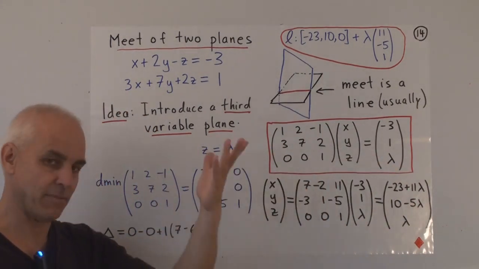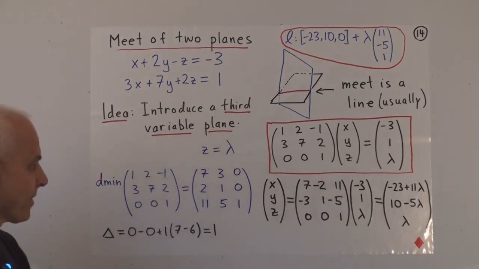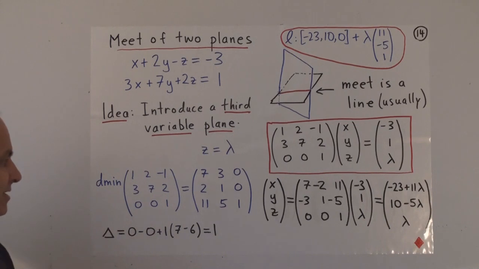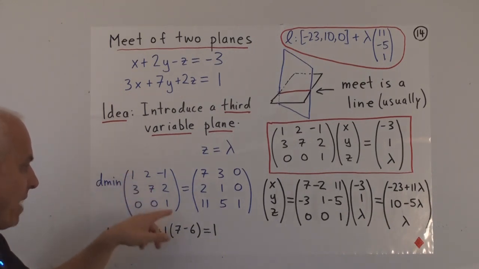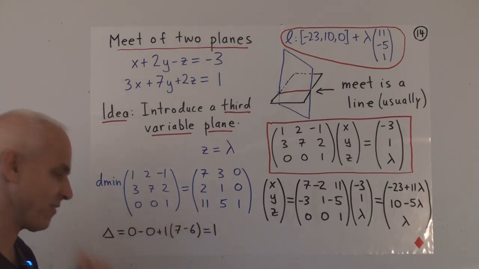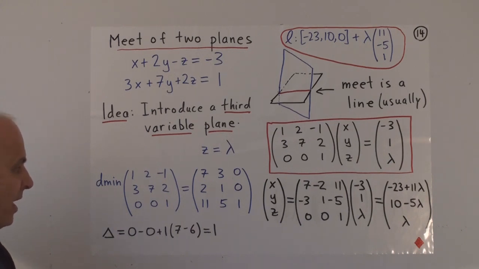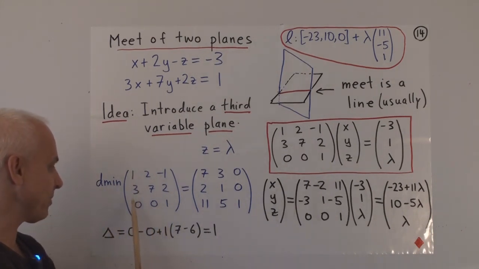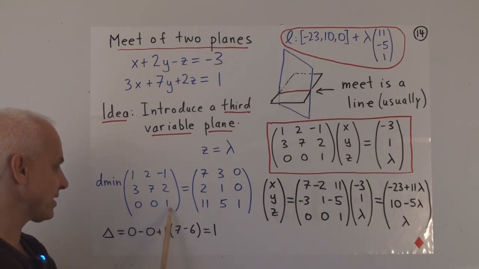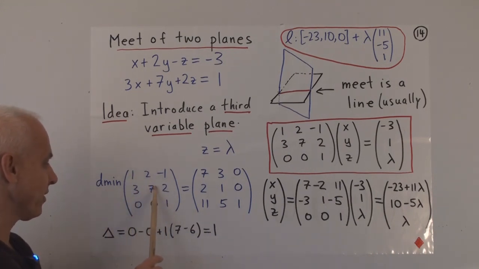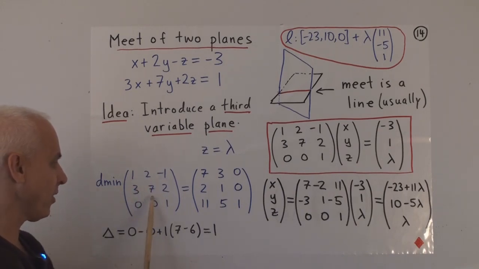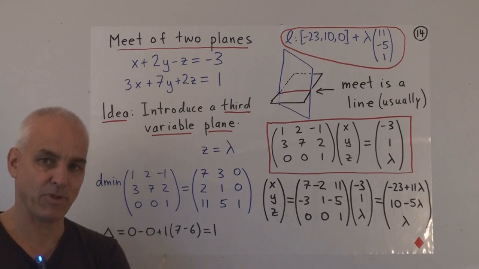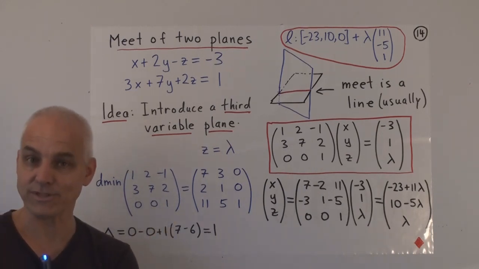How do we find the inverse of the matrix? That's the main problem. Here is the d-min of that matrix. It's the matrix formed by determinants of minors of this original matrix. So I'll let you check that these are the determinants of the minors of that matrix. And the determinant of this matrix here, that's relatively simple to find if we expand along this bottom row. Plus, minus, plus, minus, plus. So it's plus this, plus 1 times this 2 by 2 determinant, which is 7 minus 6, or 1. So the determinant here is 1. It's a very simple calculation because there's this row essentially of mostly zeros.